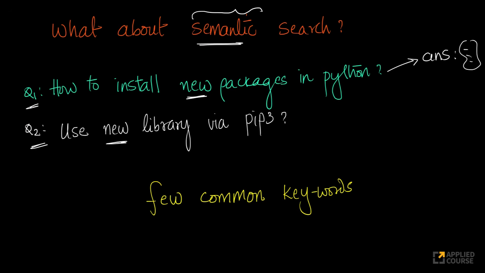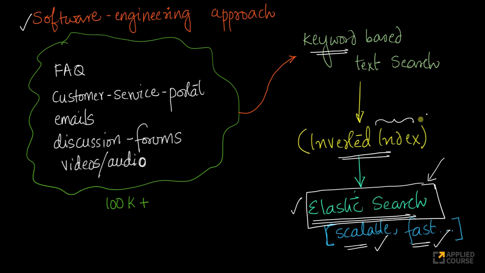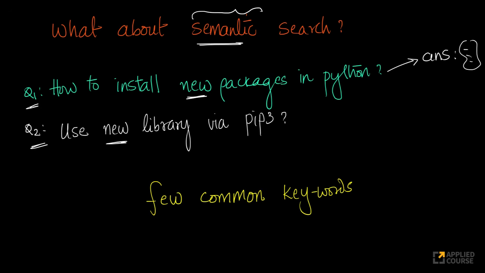Now, here the problem is if you use a pure software engineering inverted index based approach, it may not work well. The reasoning being that there are very few common keywords here. Then you might say, okay, I'll use synonyms to words like libraries. There are some hacks around it. I'm not saying there are no software engineering solutions to this, right? I'll also say that, okay, Python and pip are synonyms or something like that. There are some software engineering based approaches also, but a much more elegant approach to solve this semantic search problem